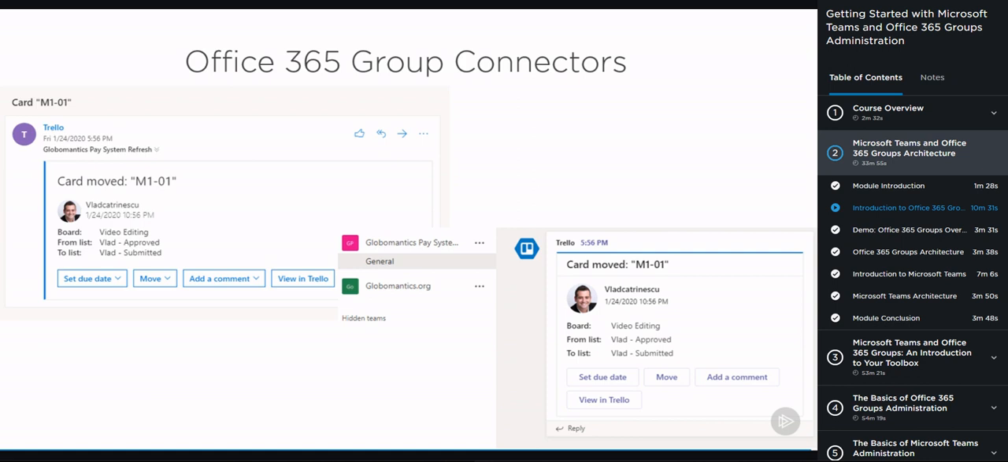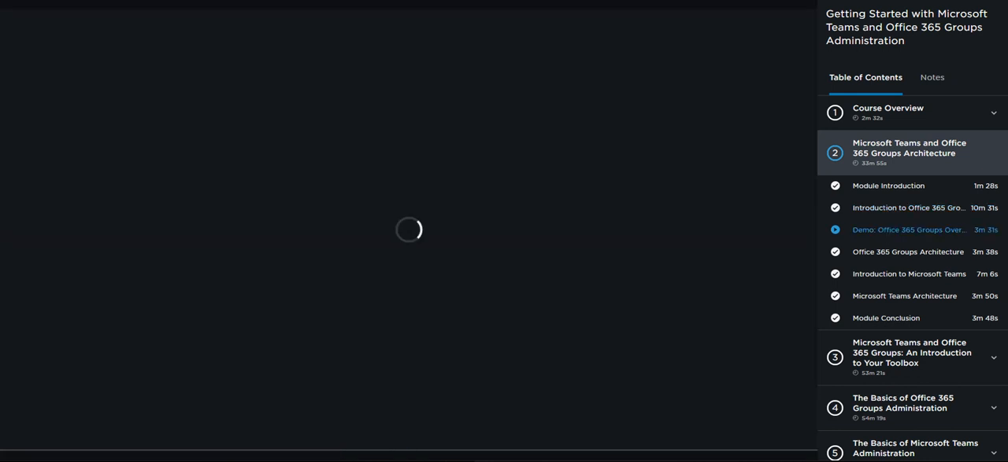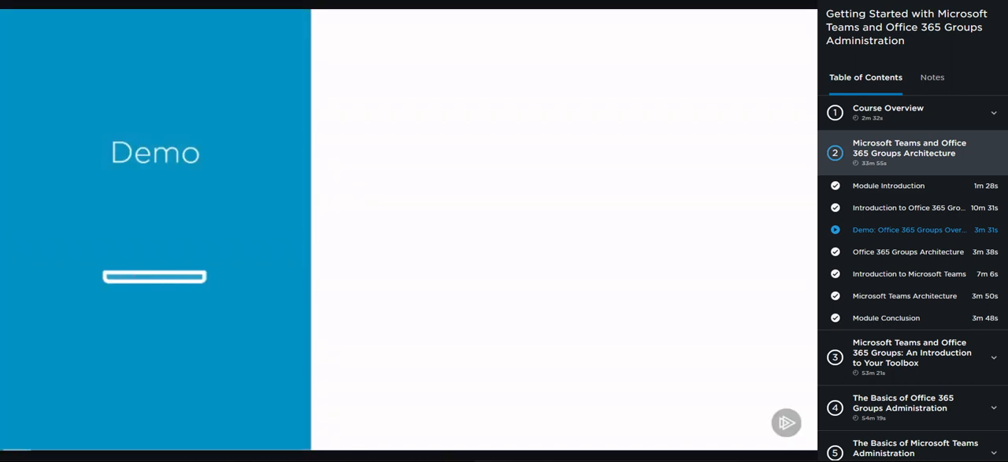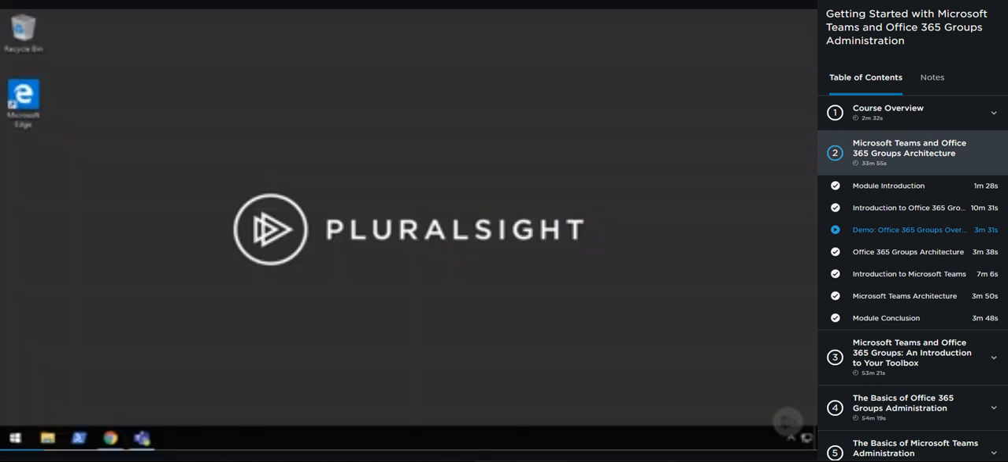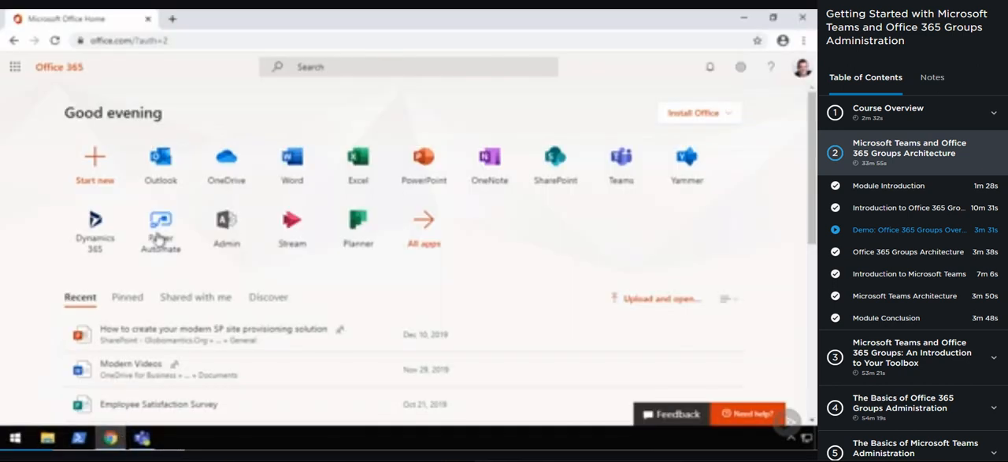Now that we have seen the theory of Office 365 groups, let's do a quick overview of them in the lab environment. So I am now in the lab environment. Let me go to the Office 365 portal and let's take a look at a group that I have already created. So I'll go into more groups at the bottom, and let's use the Global Mantic Space System Refresh